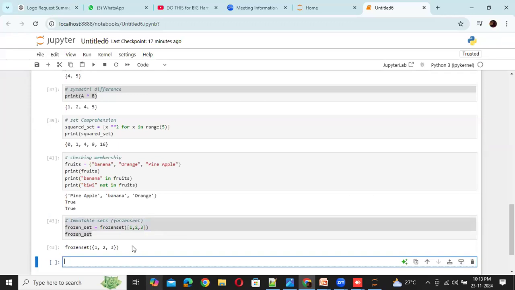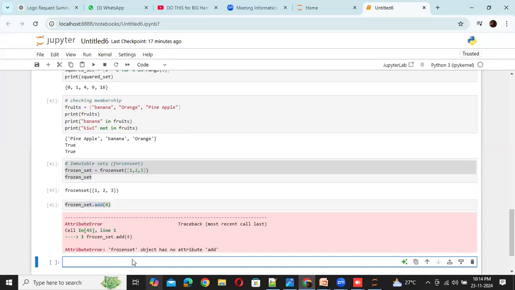If I do something like frozenset dot add and give 4, it'll throw an error. So with that, we can understand you cannot modify the value in your frozen set. Frozen set is an immutable set.